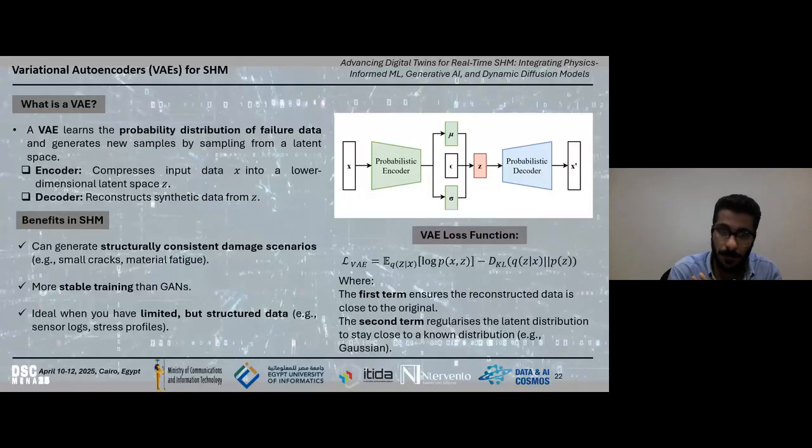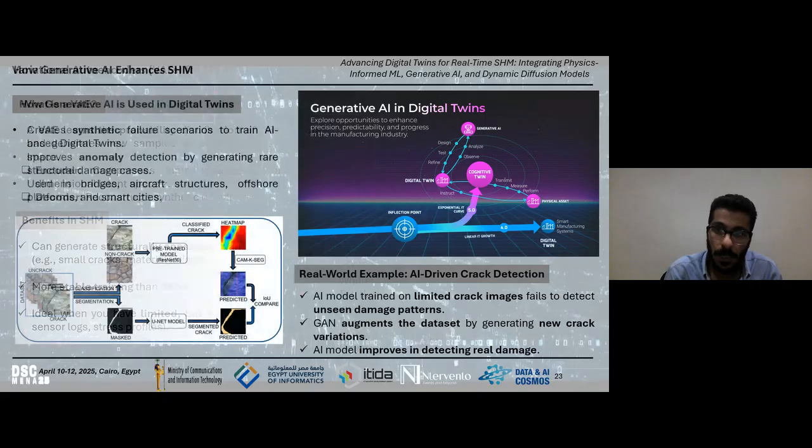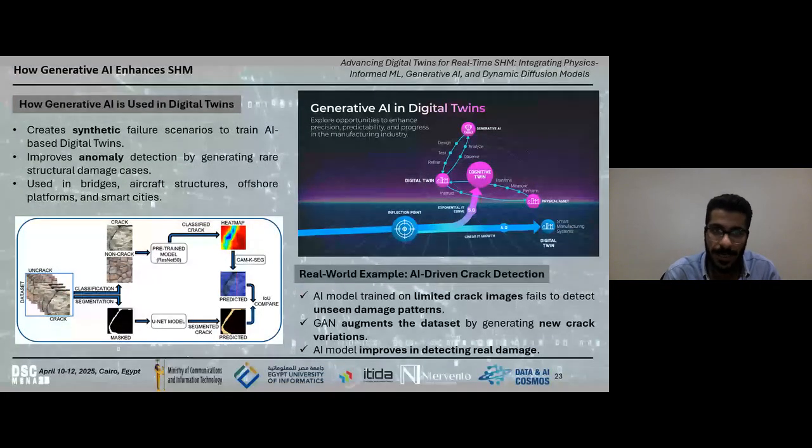So once it happens in real life, the model will be able to identify it and understand from the coming data that it's already trained: I know this data, so this relates to this specific damage scenario.